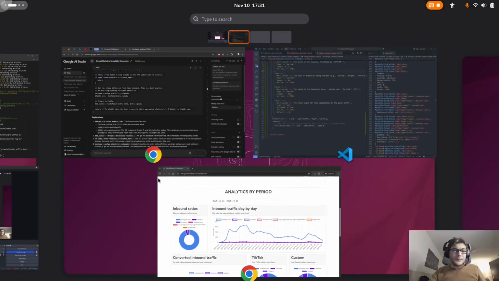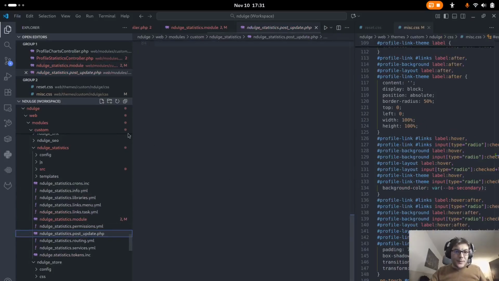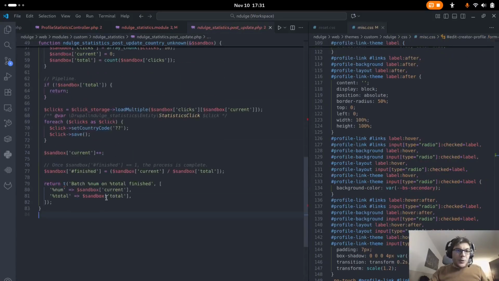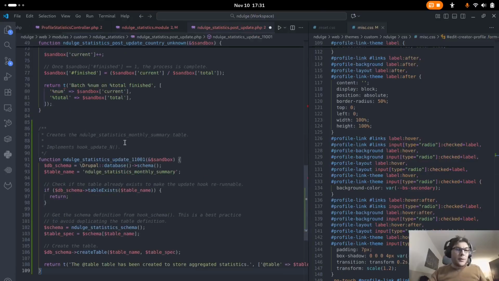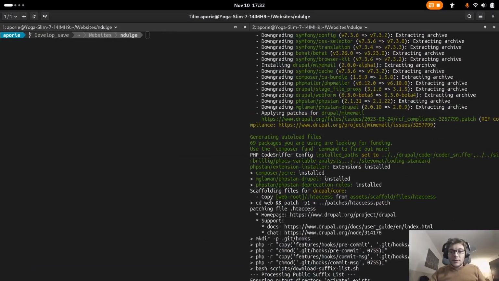And again, I'm just copying and pasting. A small difference is I'm putting it in a post update, so I will just change the name, and I'm not even looking because it takes the schema, so I'm not looking. I will run it,